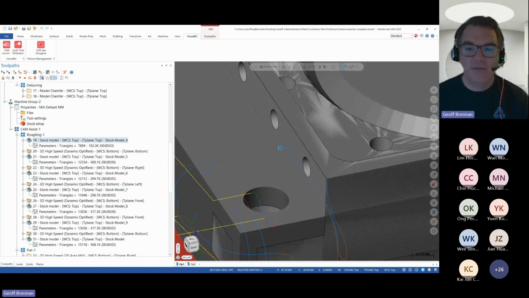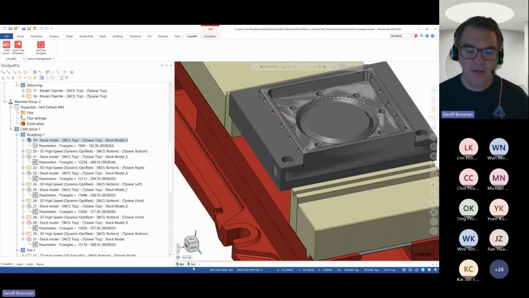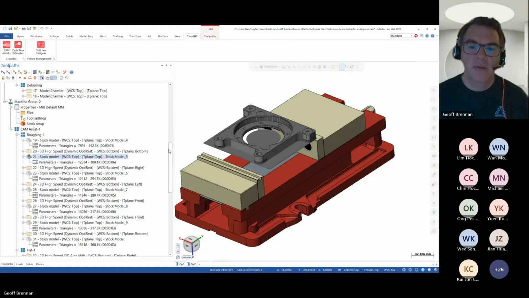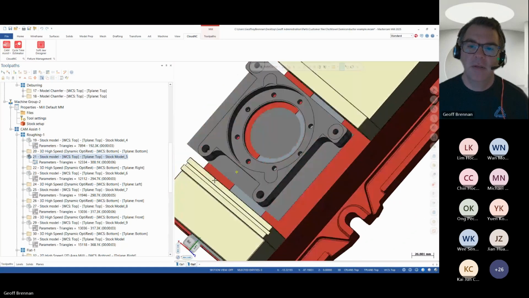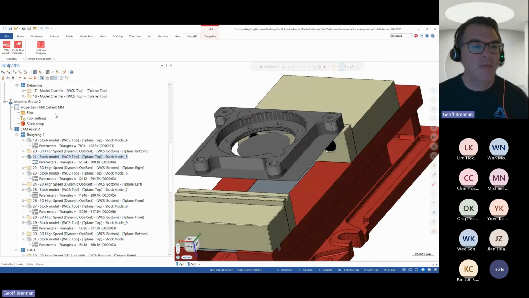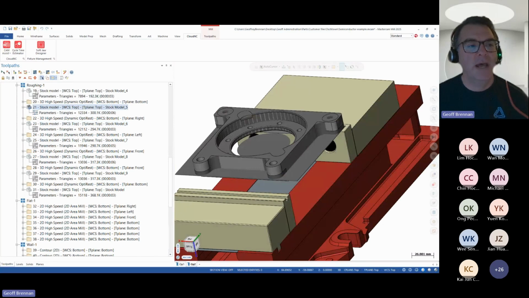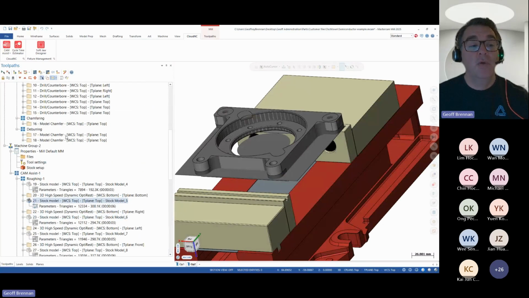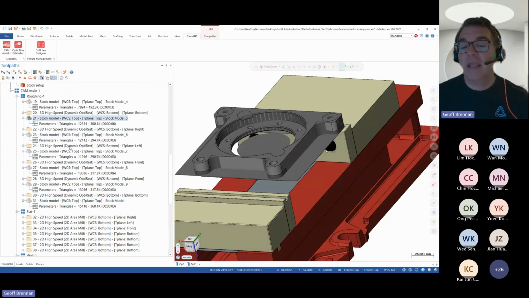So what I want to share here on the stock model, so if I look at Op2, as we generate our subsequent toolpaths, because we generated machine group 1 and machine group 2 through CAM Assist together, we get a rest machining between those operations. So you can do this in a two-op operation like this, or even in multi-op operations as well.